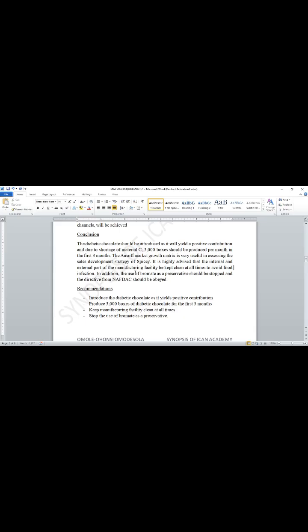The internal and external parts of the manufacturing facility should be kept clean. And then bromate as a preservative should be stopped. They should stop using it because it has been flagged as a warning. Then give a recommendation. Your recommendations should be in bullet points. Introduce diabetic chocolate, because they asked us: should we introduce, should we not introduce, and how many boxes should we produce? That's what they're asking us to do. So yes, introduce the chocolate and produce 5,000 boxes per month. Keep the facility clean and stop the use of raw meat. So this is basically all that we're talking about in the